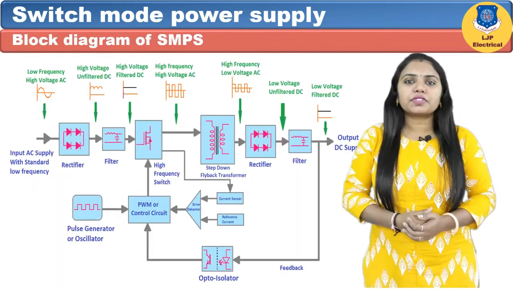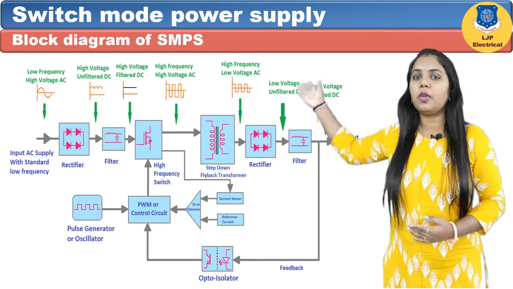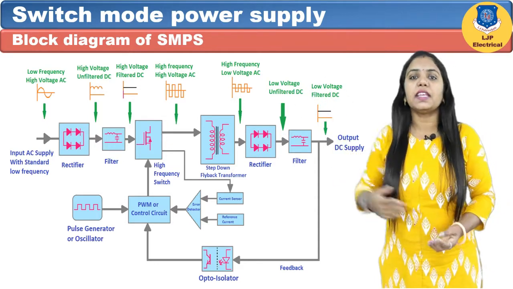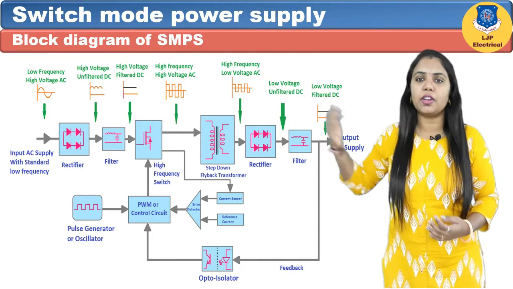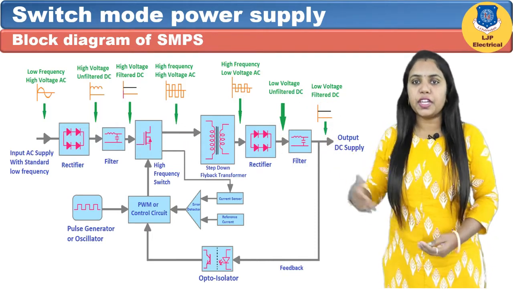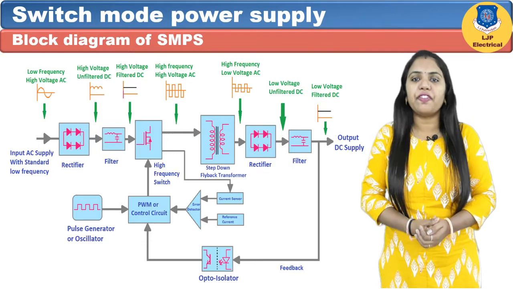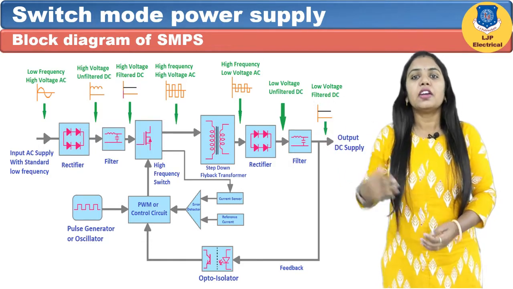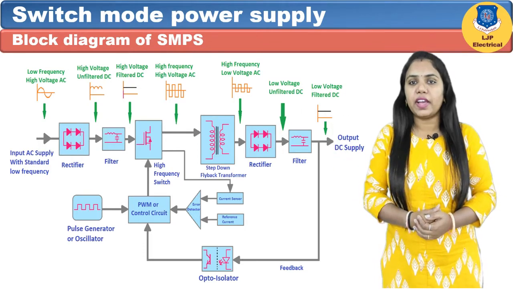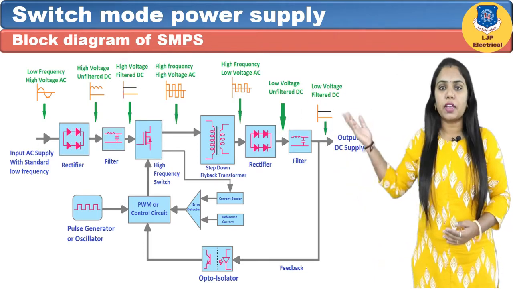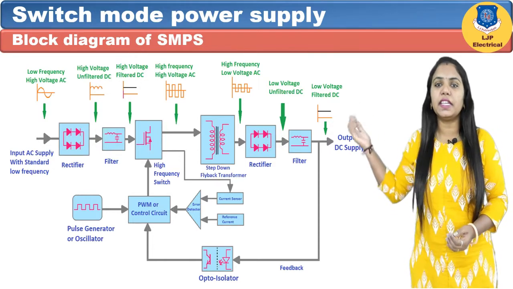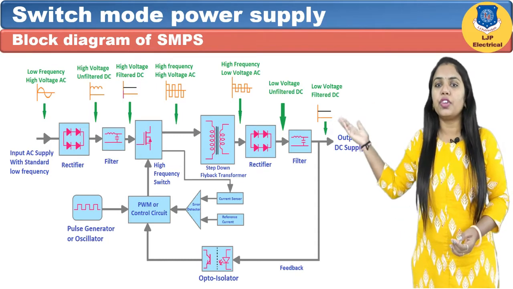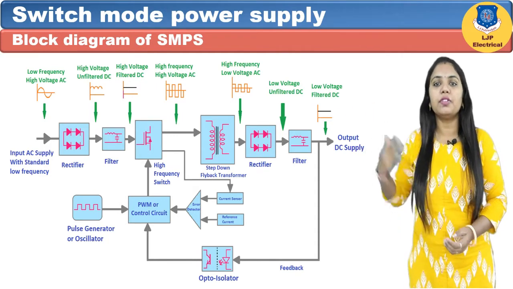Now the block diagram of switch mode power supply. Figure shows a block diagram of SMPS, an example of a typical SMPS with an AC mains input and a regulated DC output. The output rectification and filter are isolated from a high frequency switching section by a high frequency transformer, and voltage control feedback is via an opto-isolator. The control circuit block is typically a specialist IC containing the high frequency oscillator, pulse width modulation and voltage and current control and output shutdown section.